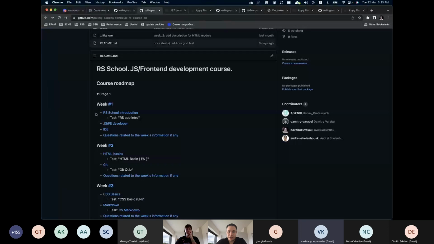If the current week is supposed to cover the following modules, and there is a test, RS app intro, and you have the possibility, please complete the test this week. And the same for the following tests on the next week.